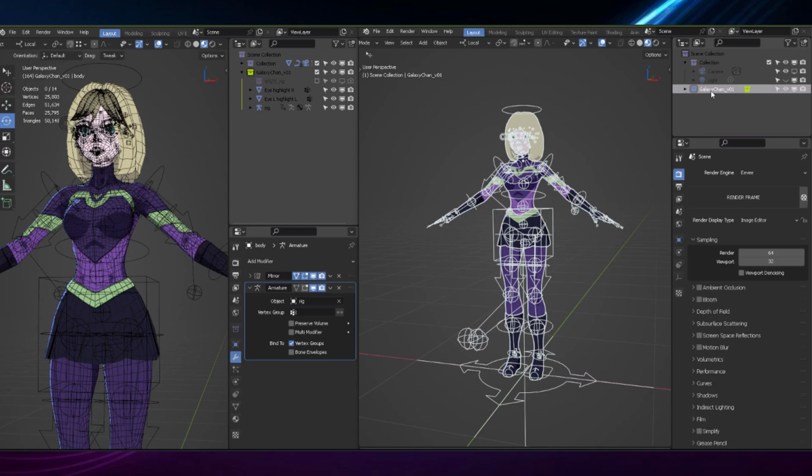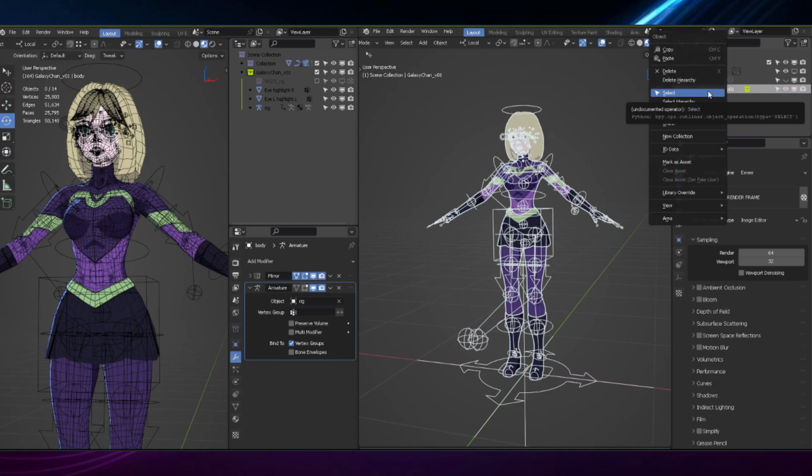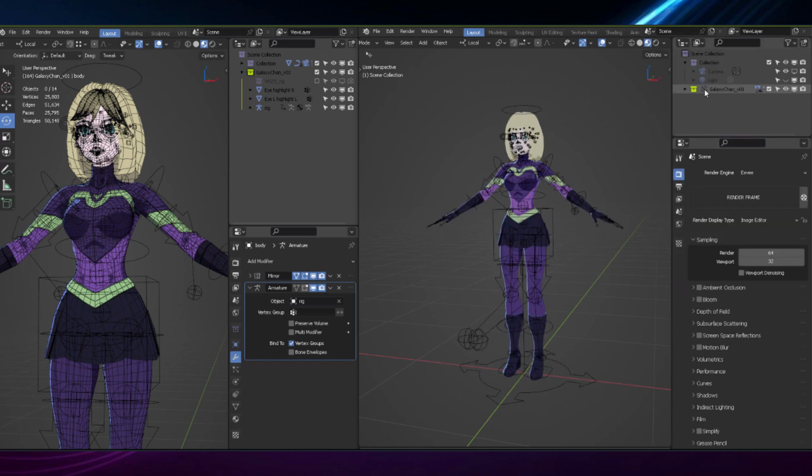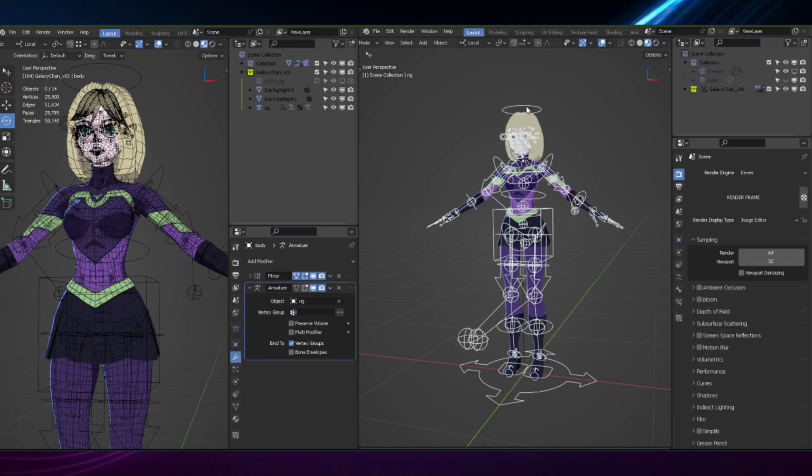Okay, so we have it right here. Let's go back to our main subject, right click on it, and then library override, and then we're going to select make, and from there we're going to select selected and content. Okay, so this makes it local by giving you this icon. This makes the asset connected locally with this link icon, which means that it is reading from another external scene. So now if you go and select your model, you do have your other options available,